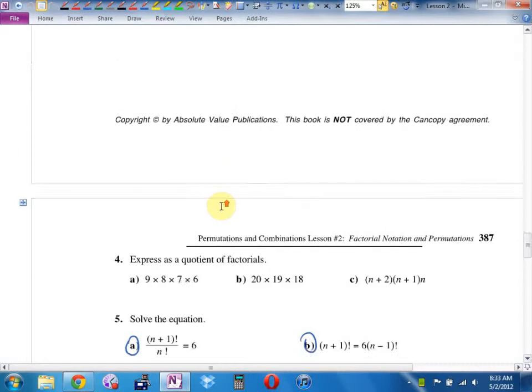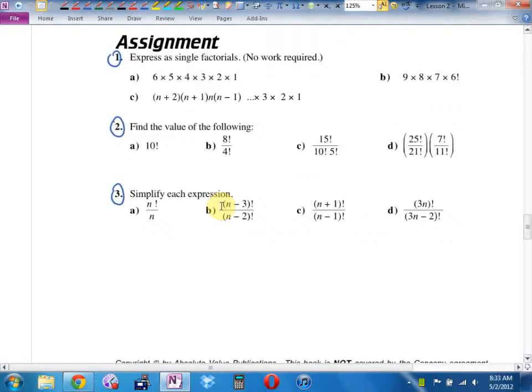Questions from the homework last day? 2D. I'm going to break these up into two separate ones. Now on the top, this is 25 times 24 times 23 times 22 times 21. You know what? This is 25 times 24 times 23 times 22 times 21 factorial, because it really goes 21, 20, 19, 18, and I can replace the 21, 20, 19, 18 with a 21 factorial. Is that okay? So this is